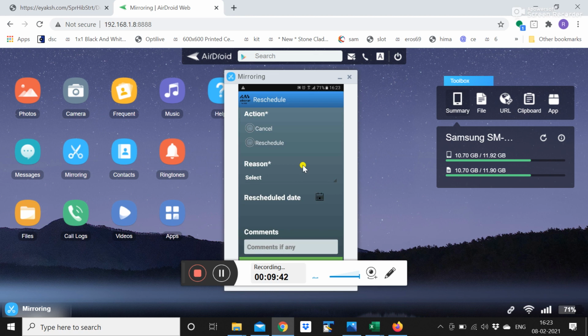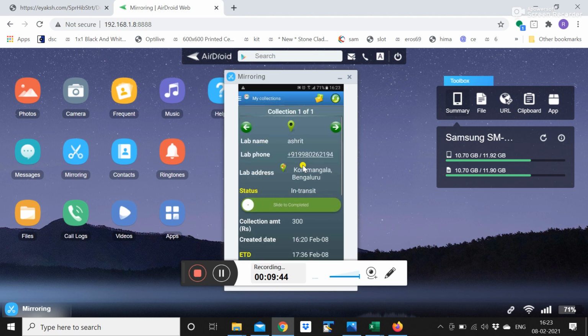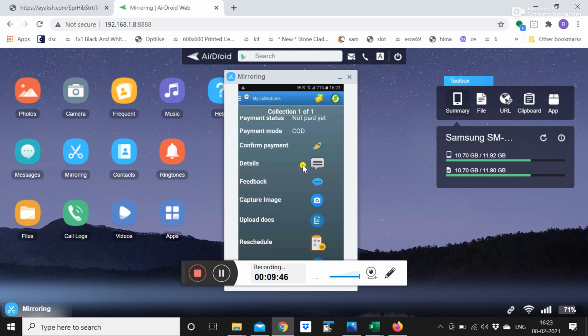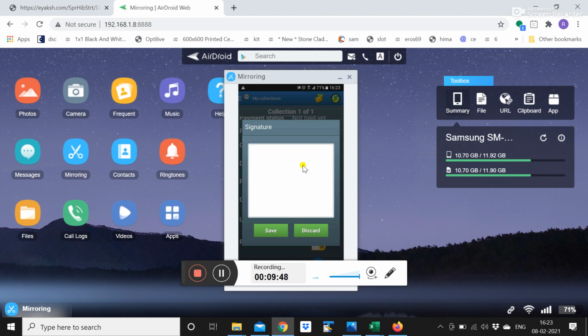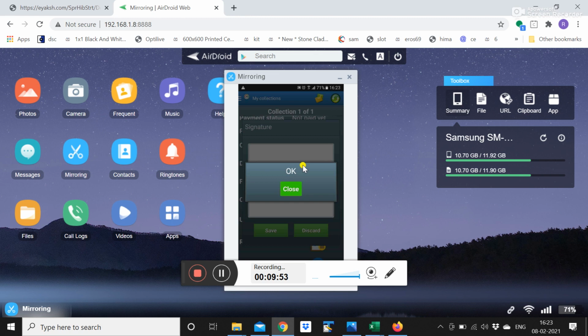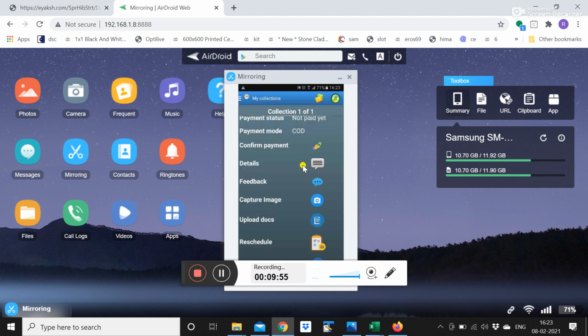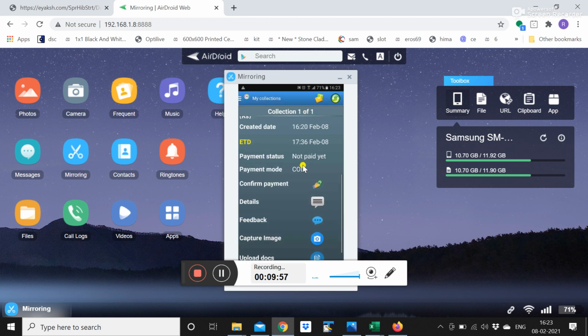With the necessary comments, he can put that. Then, if you want a digital proof of service, he can also collect the customer signature. So these actions can be performed at the customer location.